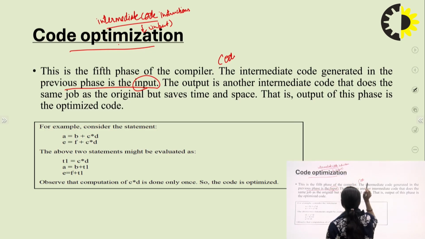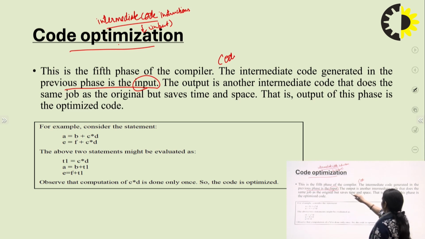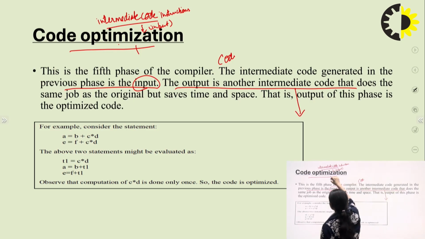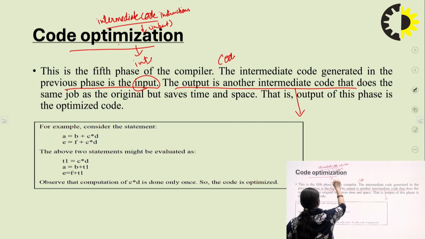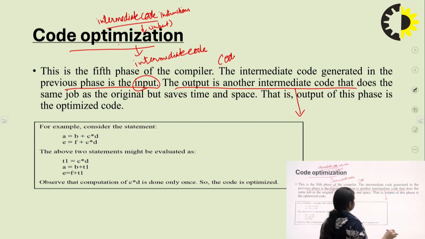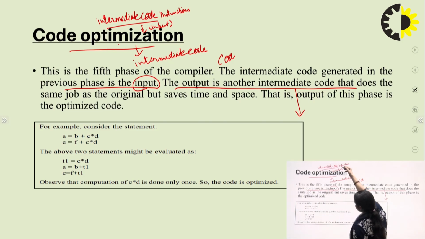This is the fifth phase of the compiler, and the output is another intermediate code. So, the output of the code optimizer is also intermediate code only, right? The input is intermediate code, and the output is also intermediate code.